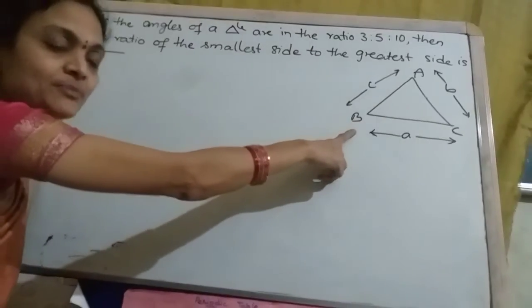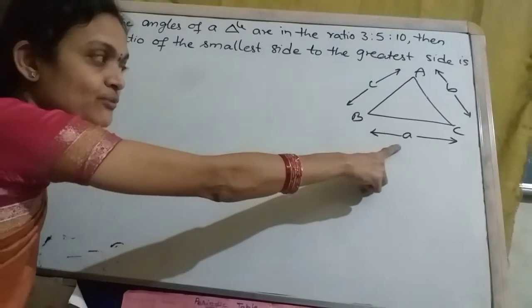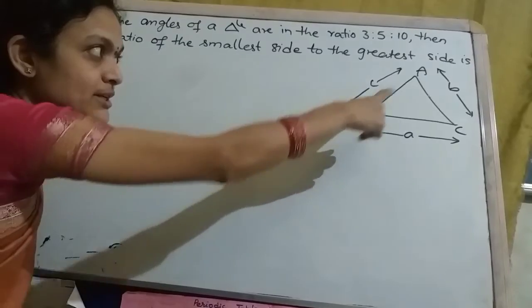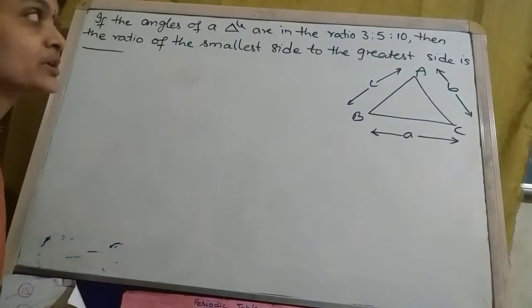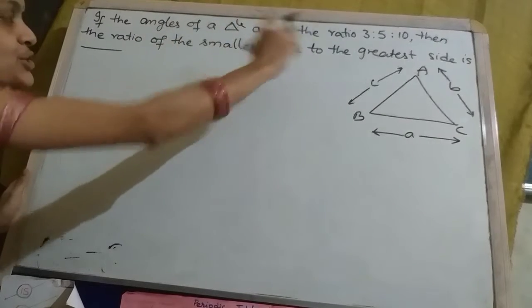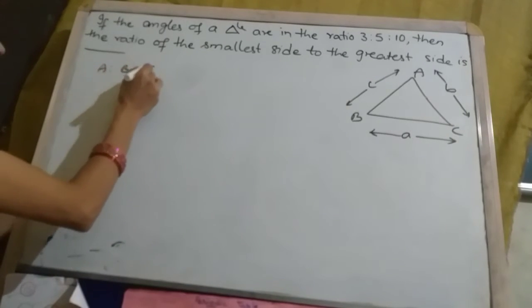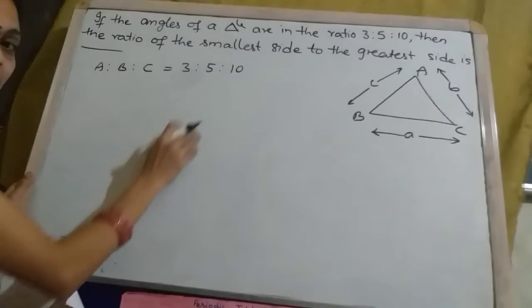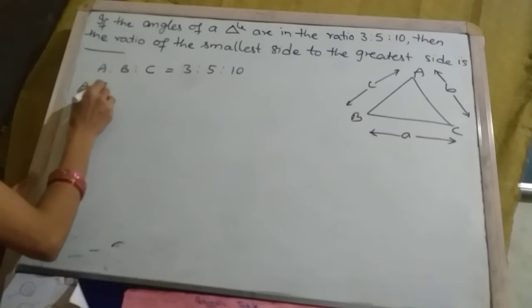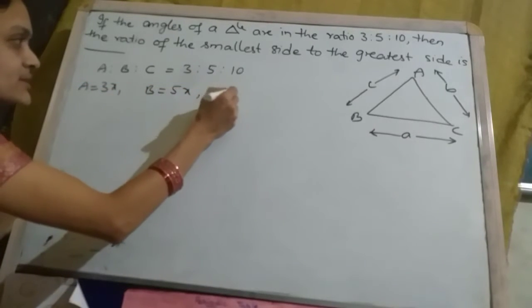Here, this is a triangle ABC. Opposite vertex A, the length is small a, and opposite vertex B, the length is small b. Like that, opposite vertex C, the length is small c. Here, the angles are in the ratio 3 is to 5 is to 10, as given. So angle A is to angle B is to angle C is 3 is to 5 is to 10. Here, A is nothing but 3x, B equals 5x, and the corresponding C is